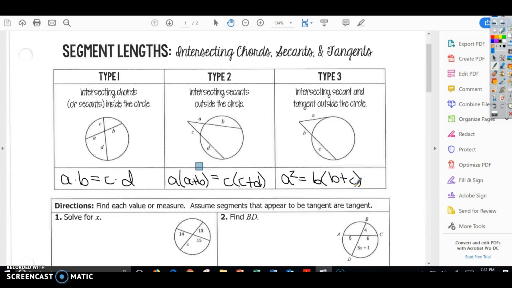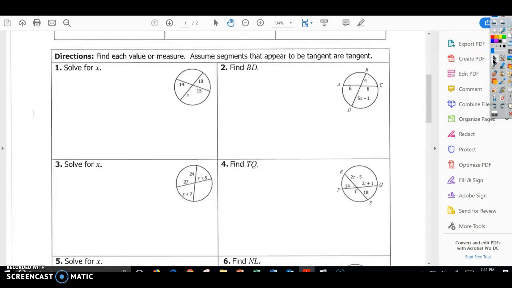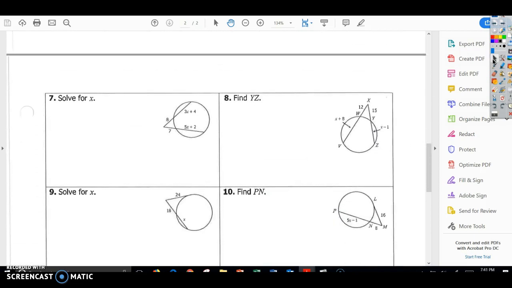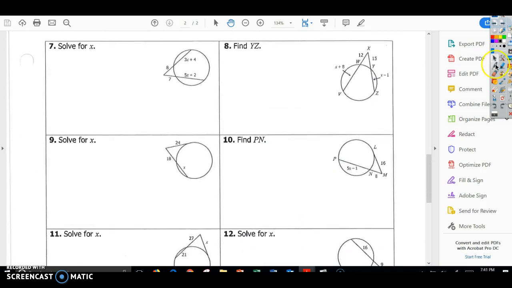Alright, now that we have that, we're going to continue looking at page 2. So we made it through the first part of the practice problems, and now we're going to look down. You should be on page 2 if you did the first video. Okay? Alright, 7 and 8 are like the last two practice problems we did. I'm going to help you set one up. Since we've already done a couple of these, we'll probably not go all the way through it, but just kind of remind you that